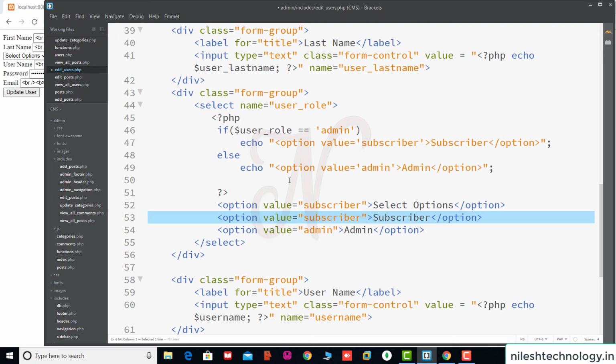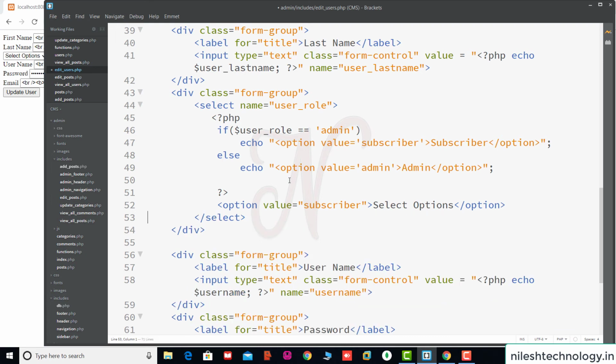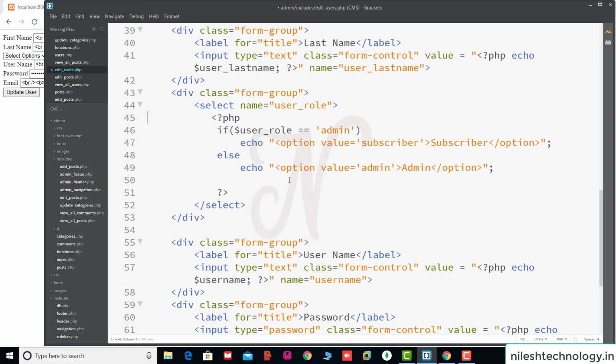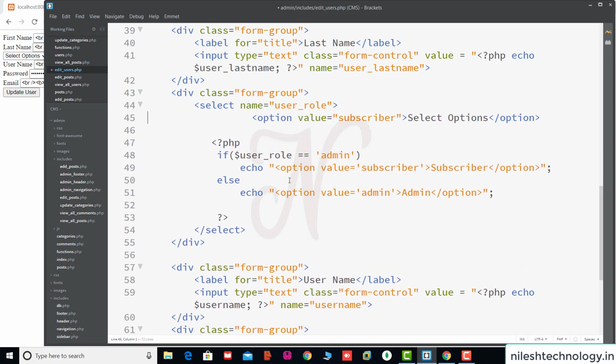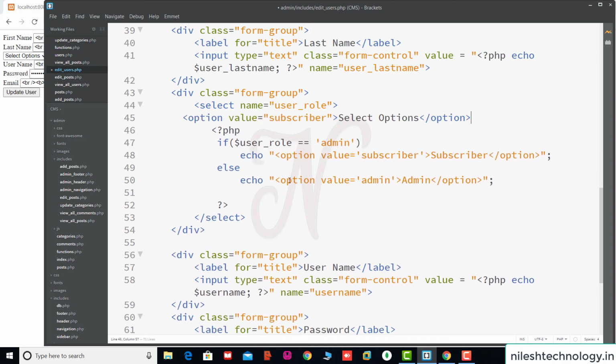So we remove these two things. Okay, and first we display the default user role before this if condition here. So here we print echo user role.